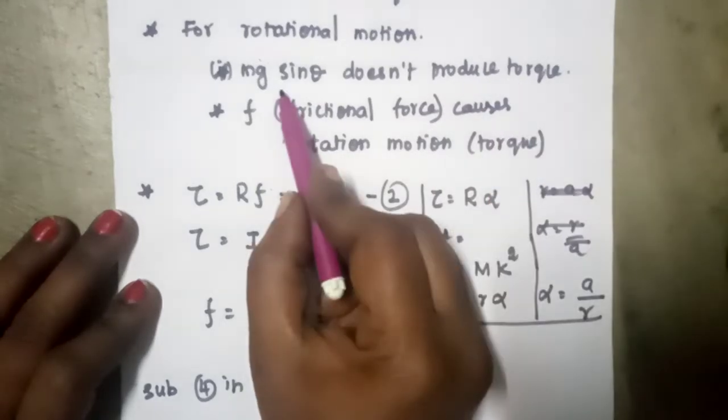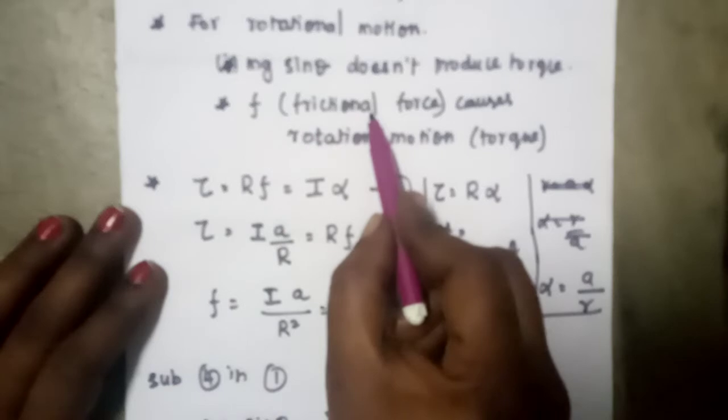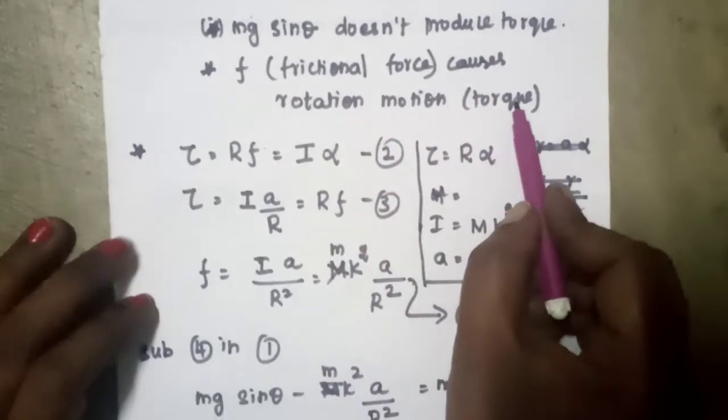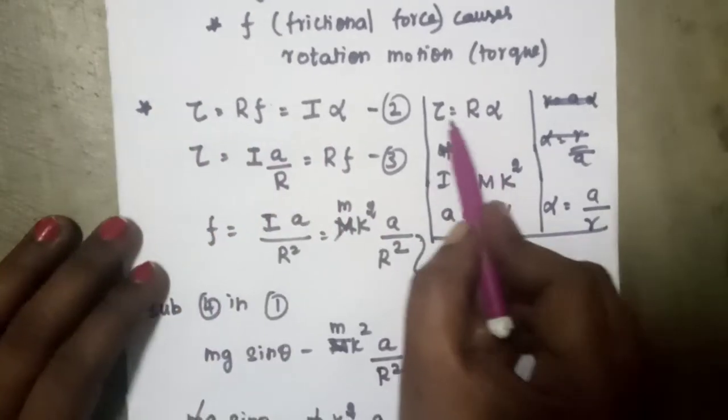It produces only the linear motion, and this f, which is called the frictional force, causes the rotational motion, that is torque. We know the formula for torque, tau is equal to